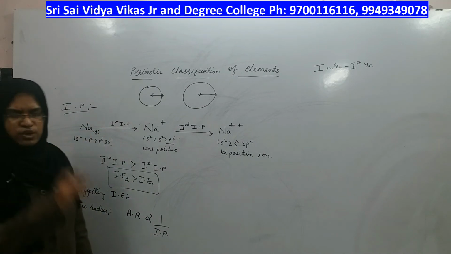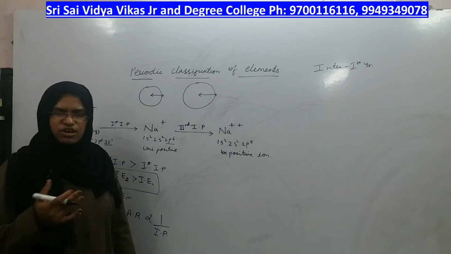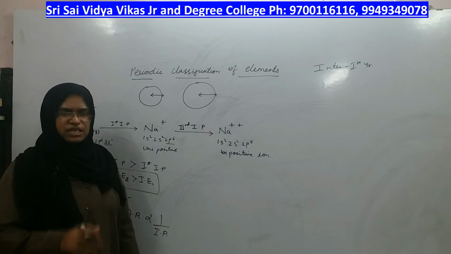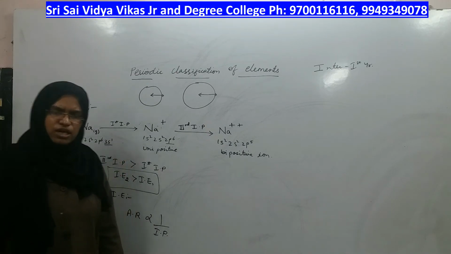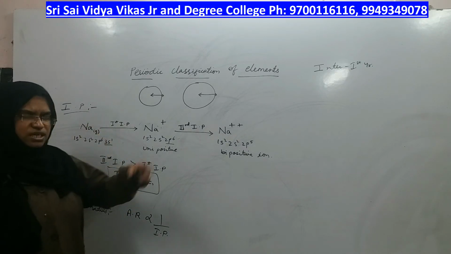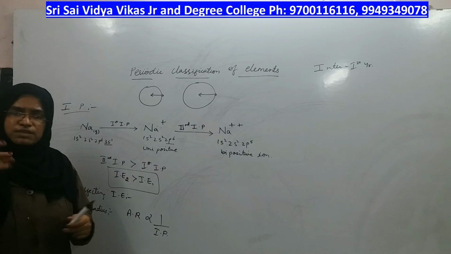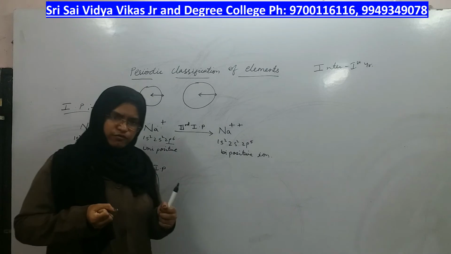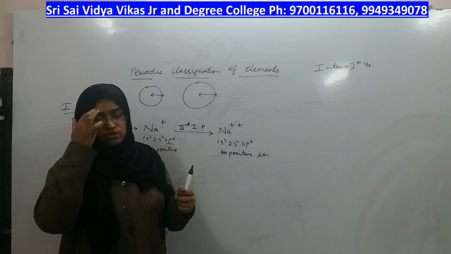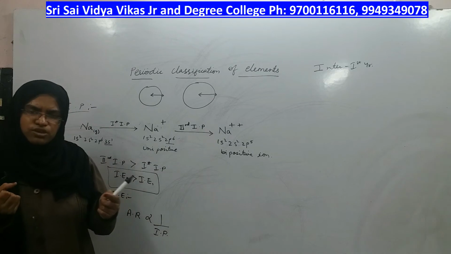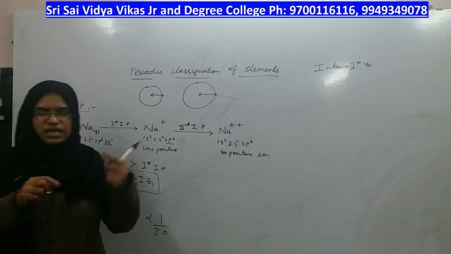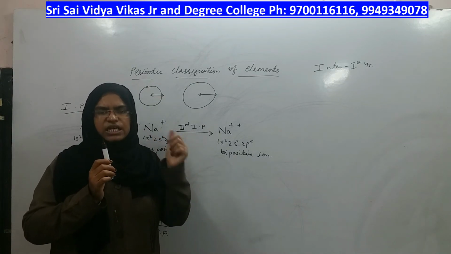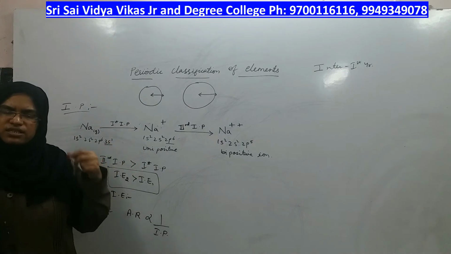If you go from left to right, what happens is nuclear charge of the atom increases, but principal quantum number doesn't increase in the same period. If the principal quantum number doesn't increase, electrons start coming into the same shell, whereas nuclear power is increasing. So it will attract all the electrons more powerfully, so they will be coming near to the nucleus, and in that case, distance between the nucleus and the last electron gets reduced, atomic radius decreases. From left to right, in a period, atomic radius decreases.